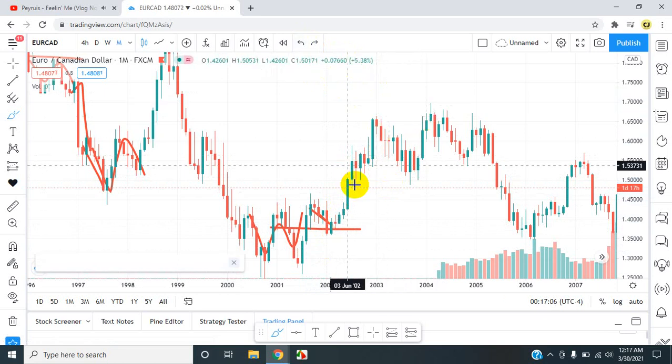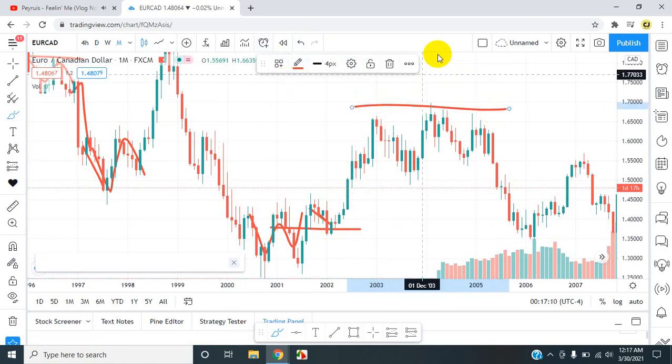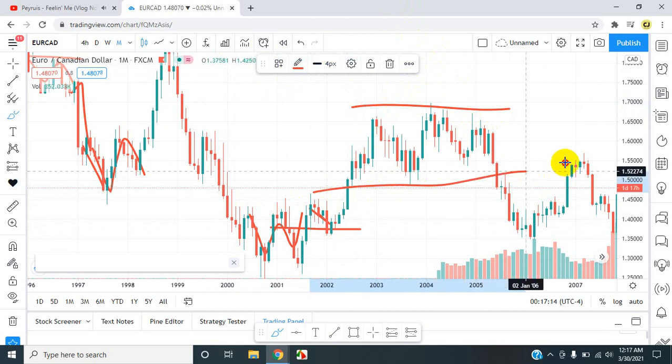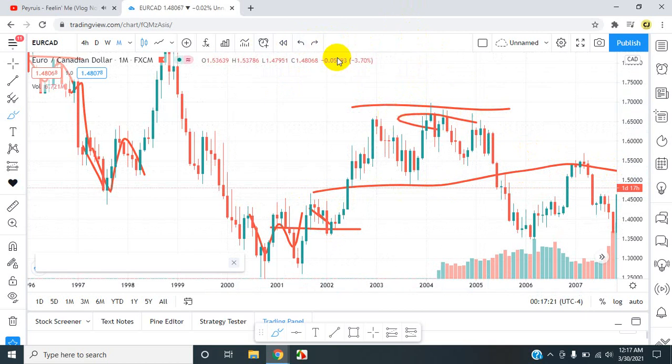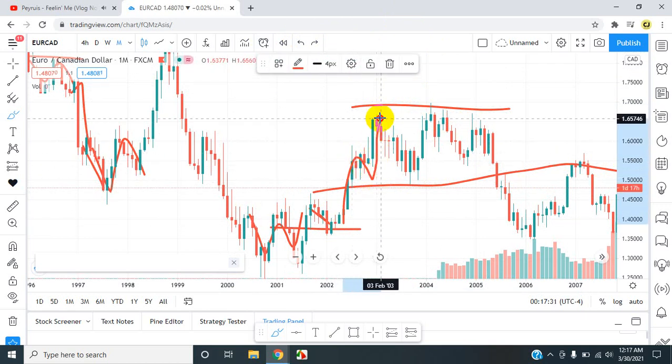Okay, so from there the market tried to return back to areas of resistance up here, but it didn't happen. We had about 1, 2, 3, 4 touches. We had 4 touches up here. In this time frame, if we went on to a lower time frame, we probably would have seen more touches. So basically the market broke the resistance, came back down to retest the resistance to reach up to previous areas